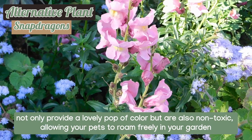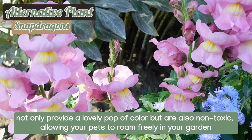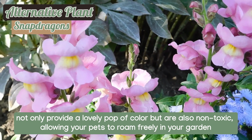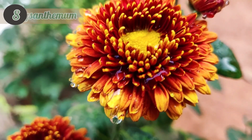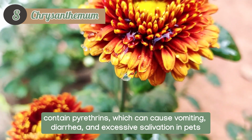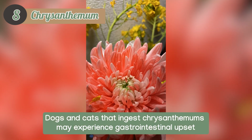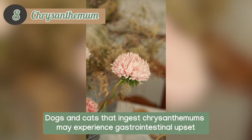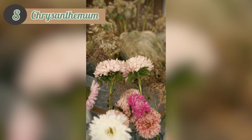Snapdragons not only provide a lovely pop of color, but are also non-toxic, allowing your pets to roam freely in your garden. Coming in at number 8 is the Chrysanthemum. These flowers contain pyrethrins, which can cause vomiting, diarrhea, and excessive salivation in pets. Dogs and cats that ingest chrysanthemums may experience gastrointestinal upset, and while the effects are generally not life-threatening, they can